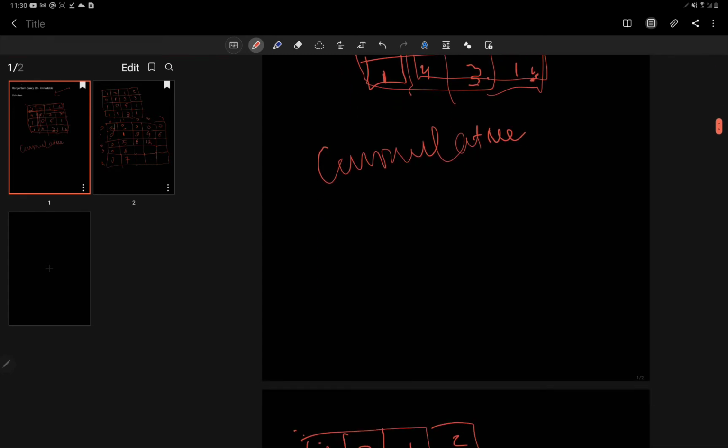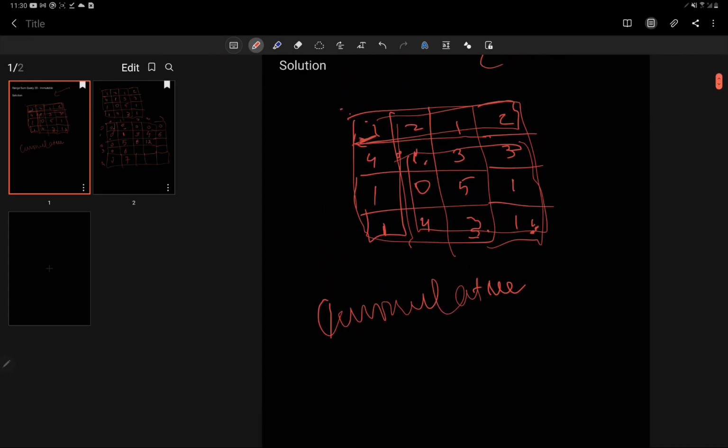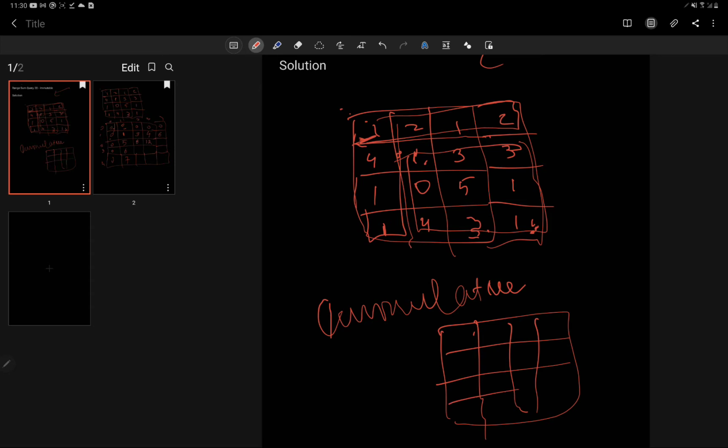Let's see what I'm trying to say. Some of you might get the idea, but some of you might not. Now let me explain it again with the help of the diagram. Suppose I have to calculate the sum for this matrix, and I know the sum up to this point. So what I do is, with the complete sum up to this point, I subtract the